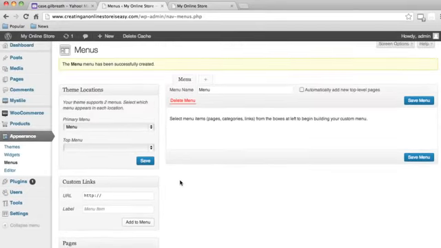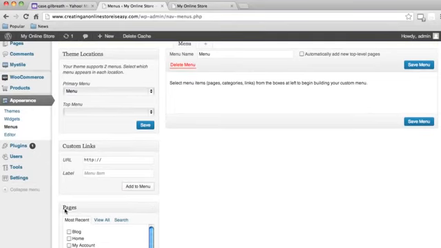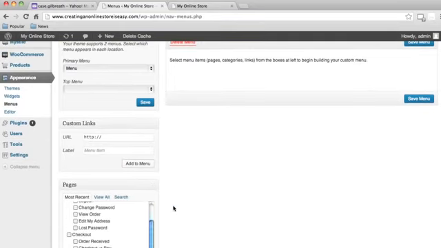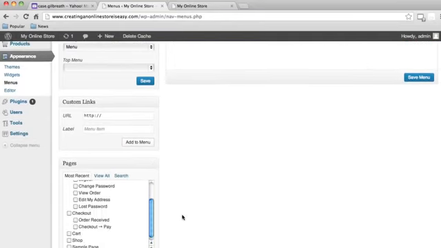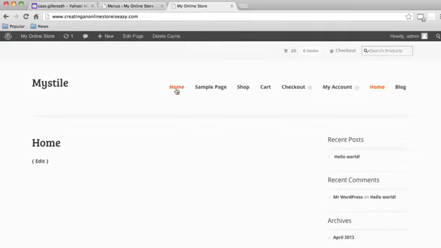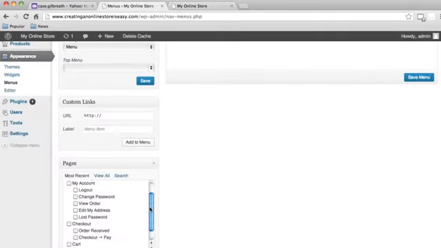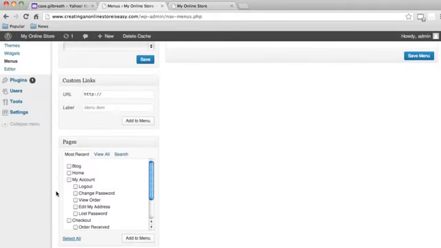Okay. And let's come down here where it says Pages right here. We're going to select the pages that we want to show up in our menu right here on our site. So we're going to do that right now. Let's go back into our dashboard. And let's select the pages we'd like to show up that are going to be the most helpful for our